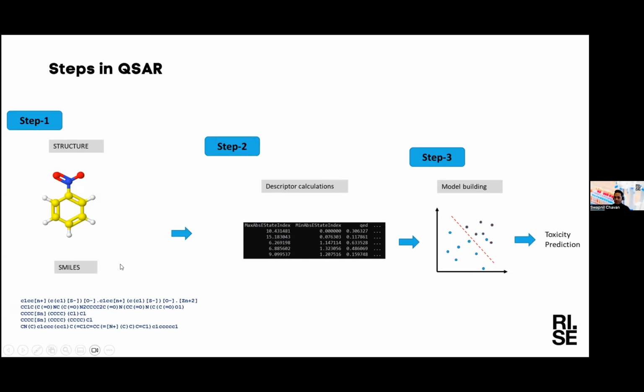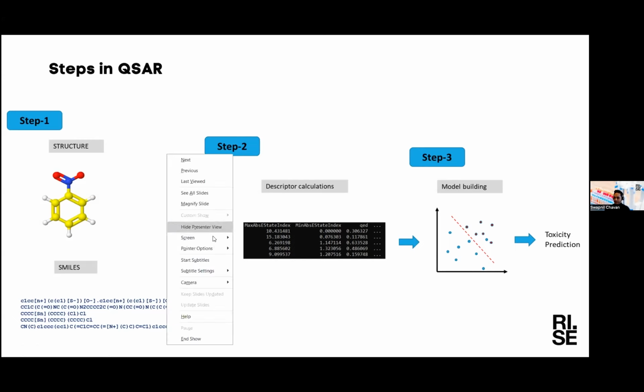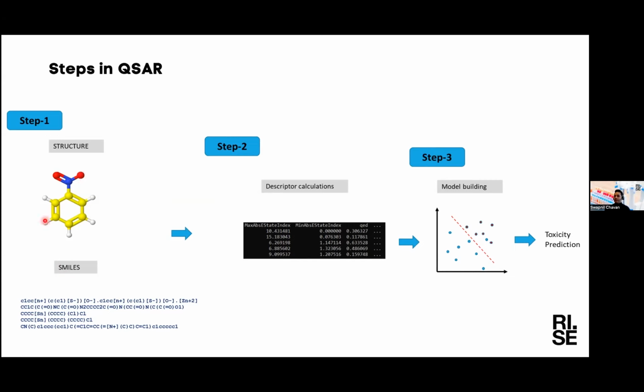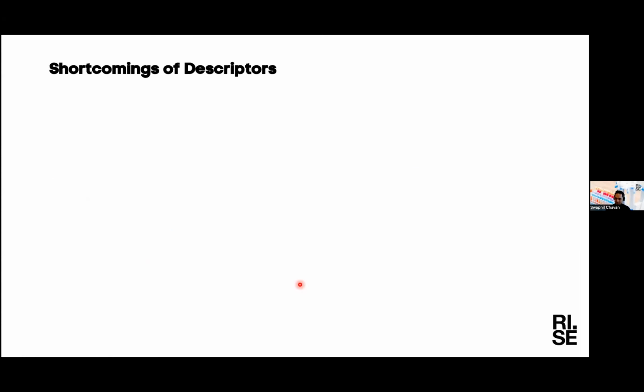What happens is, when the molecule is transformed to these numerical descriptors, this transformation is not foolproof. There are flaws in this process, and when these numerical descriptors undergo feature engineering, there are a few issues. I will walk you through the problems this traditional way of building QSAR models faces.